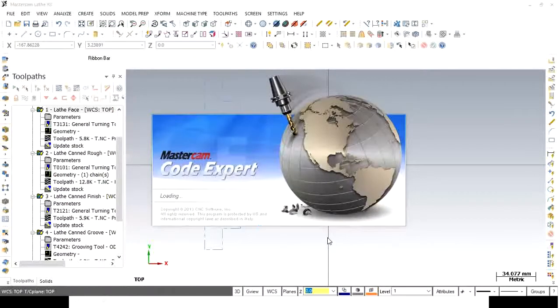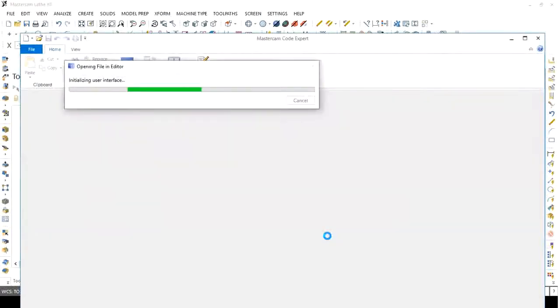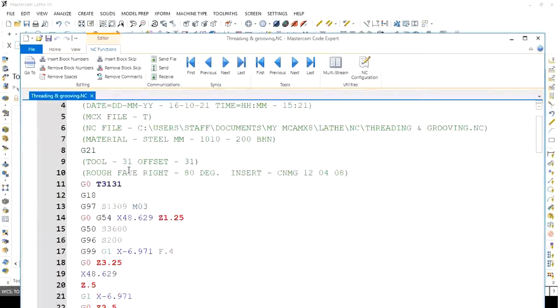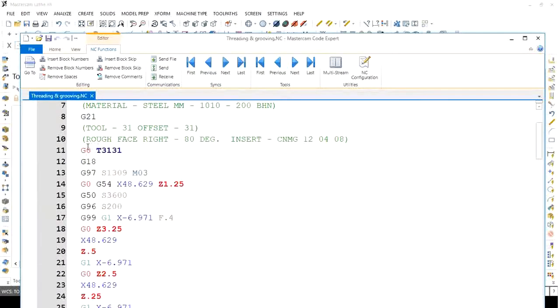A new window will appear. It shows you all the G codes and M codes for the selected operation. Initially, it shows you the percentage symbol, then O and the numbers. There are 4 numbers. It shows you the program name. O is the letter, and whatever data you have selected will be shown by this. Then G21 code is used for the metric mode. Then G00, rapid traverse. Then this is the tool number with offset number. It is also mentioned here.